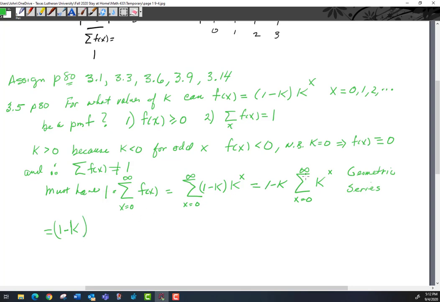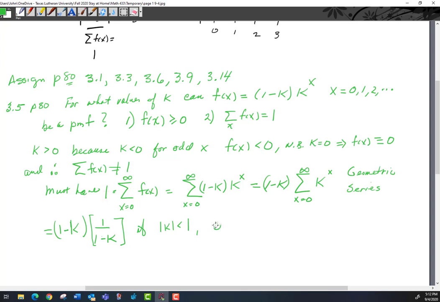Now let's just talk about the series. It converges to 1 over 1 minus k. I'm not pronouncing very well here. The series converges to 1 over 1 minus k if the absolute value of k is less than 1. And that would mean that,